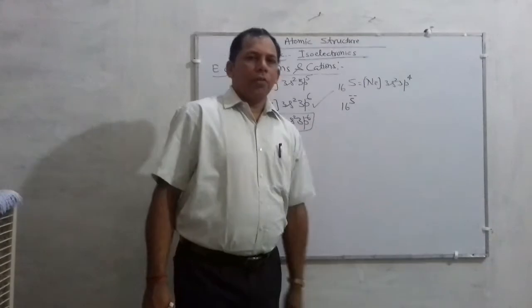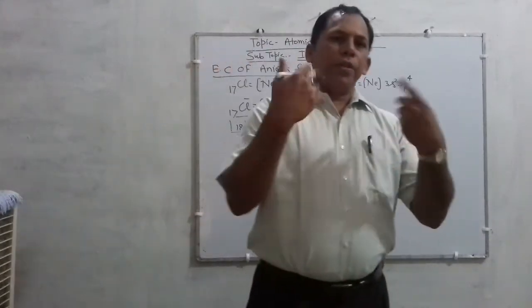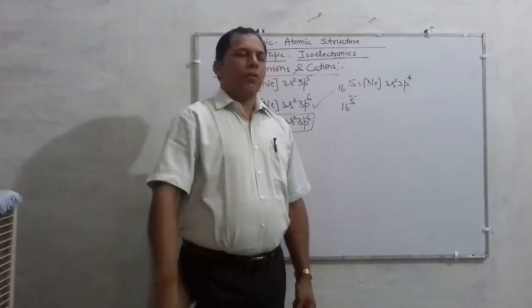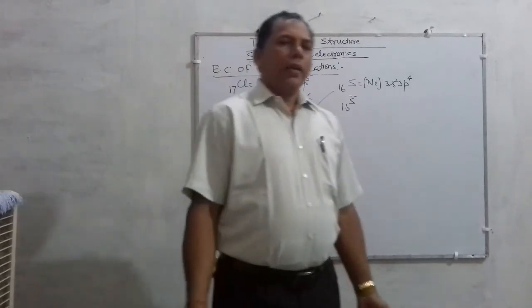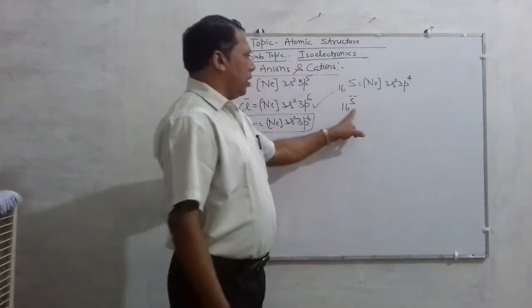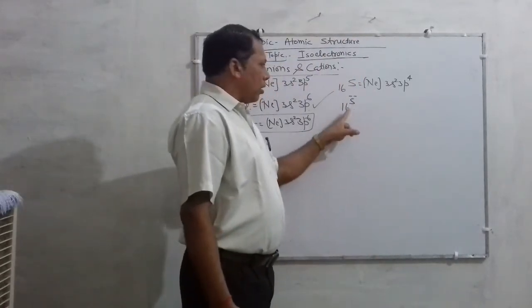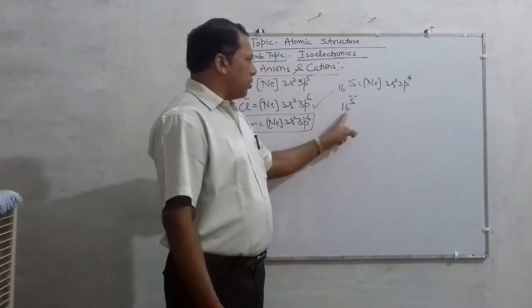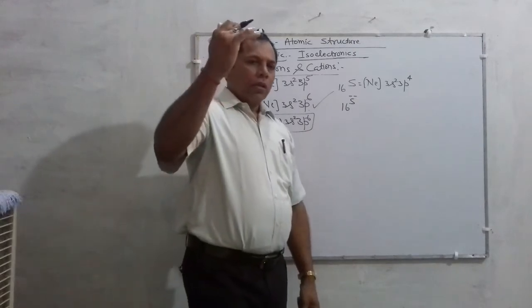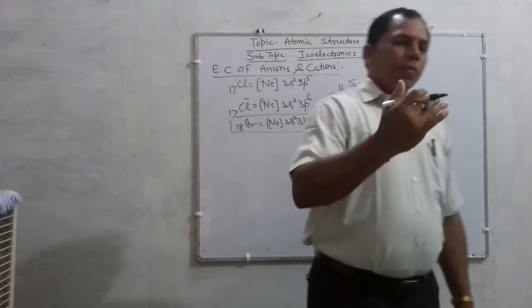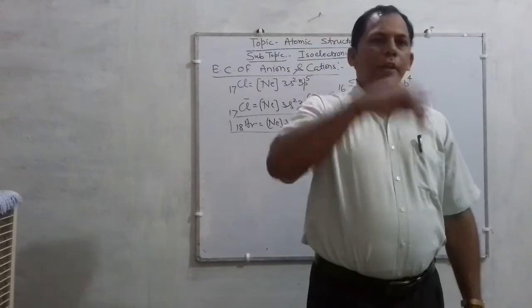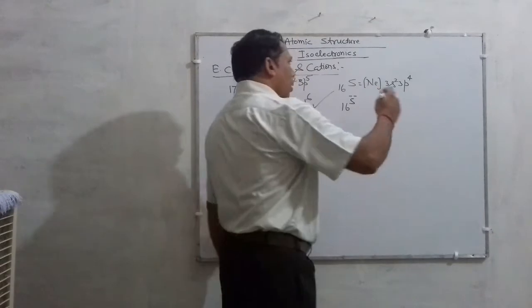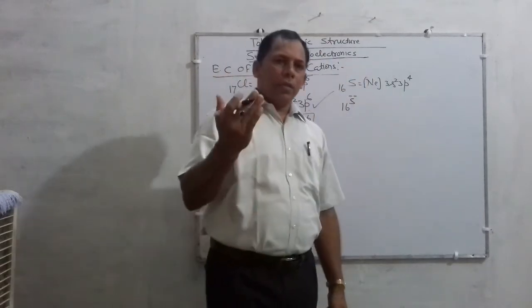By the gaining of electrons, the species formed is an anion, and by the loss of electrons, the ion formed is called a cation. So this is the anion form. The number of electrons now in S minus 2 becomes 16 plus 2, that is 18. As I told you, in the formation of an anion, the electrons are added to the valence shell. So children, what is the valence shell of the atom?